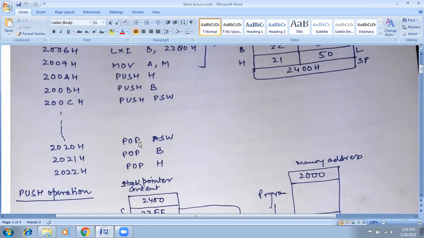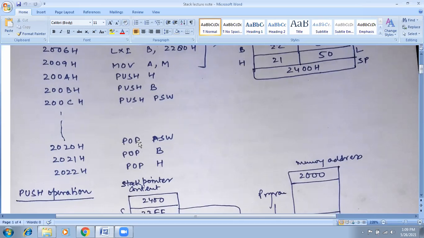So if you clearly see, the difference between push operation and pop operation is, whenever push instruction is executed, the first operation performed is to decrement the content of the stack pointer and then store the content of the higher order register into the memory. Again, decrement the stack pointer and the lower order register content is copied in the stack top location. But when pop operation is executed, the first copying operation is done. Whatever is the stack top location is first copied in the lower order register, and then the stack pointer is incremented by 1. And again,